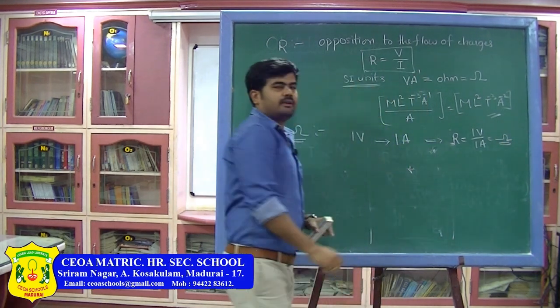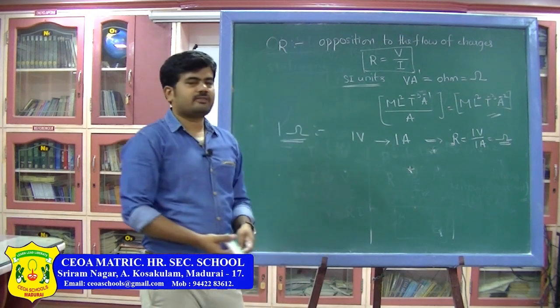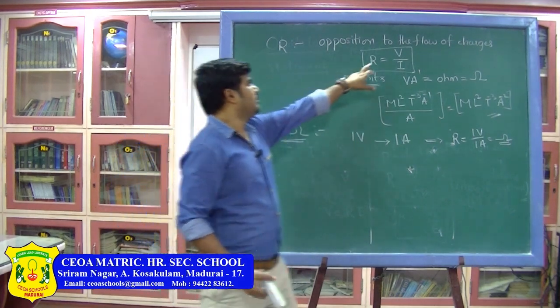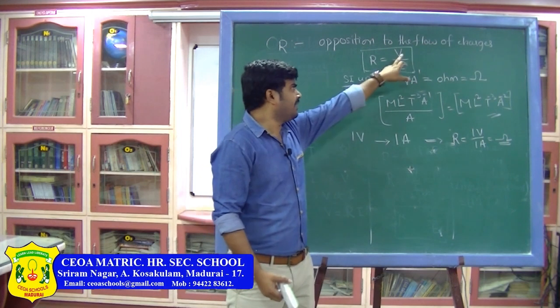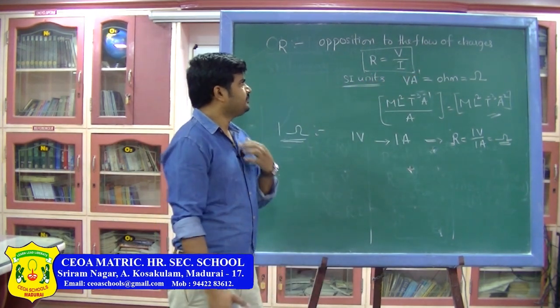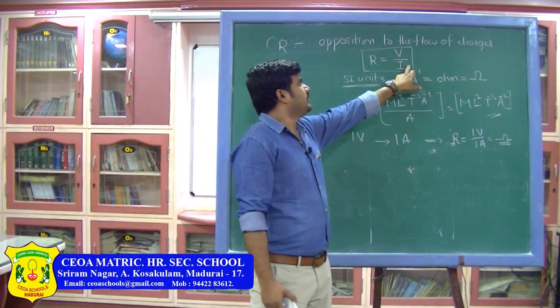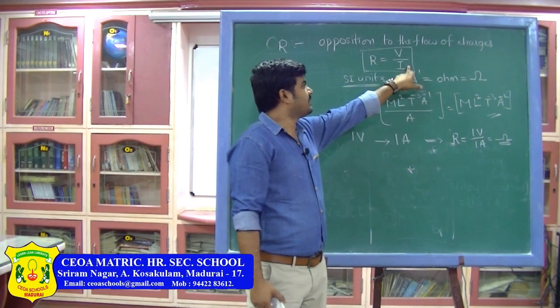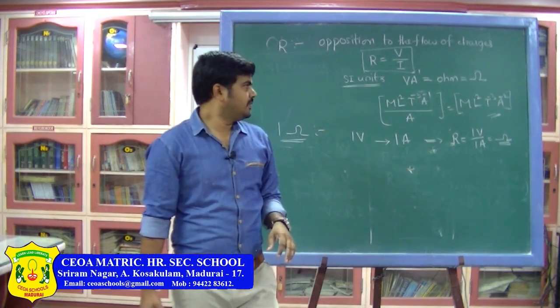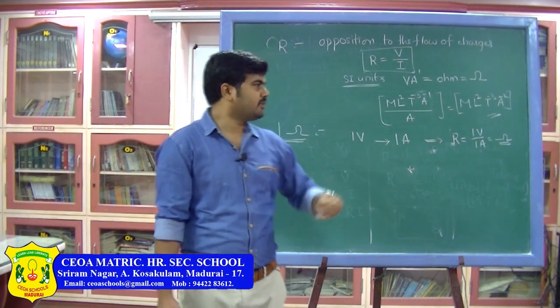That is how we can define the value of 1 ohm. This is what the statement says, and more importantly, the electrical resistance of the conductor is volt per ampere, which is potential difference divided by electrical current through the given conductor. So, now let us discuss how to get Ohm's law, that is V is equal to IR.